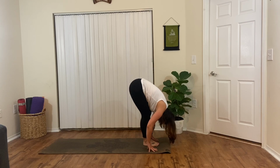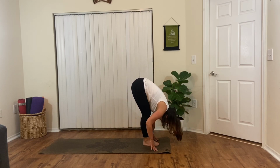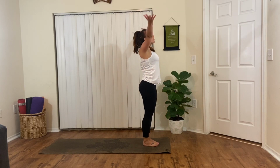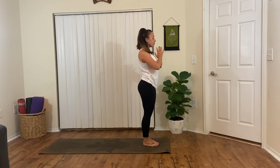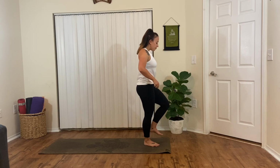Exhale, fold forward. Inhale, lengthen your spine. Exhale, fold. Inhale, reverse swan dive all the way up to standing. Exhale, palms to your heart. And then this time, we're going to start to shift the weight into our right foot and start to raise